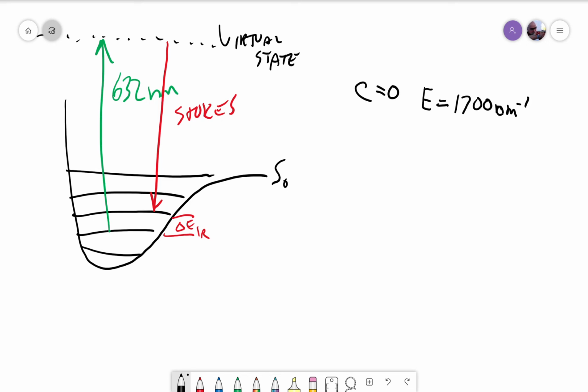That 1700 reciprocal centimeters is equivalent to the energy of that IR difference. If we put in 632 nanometers,